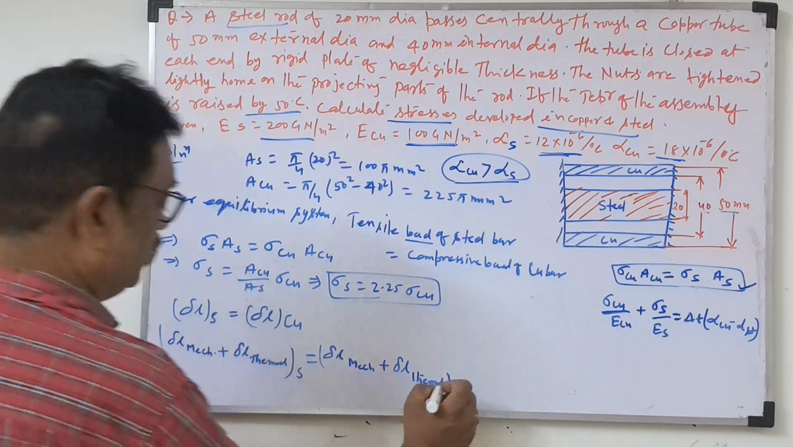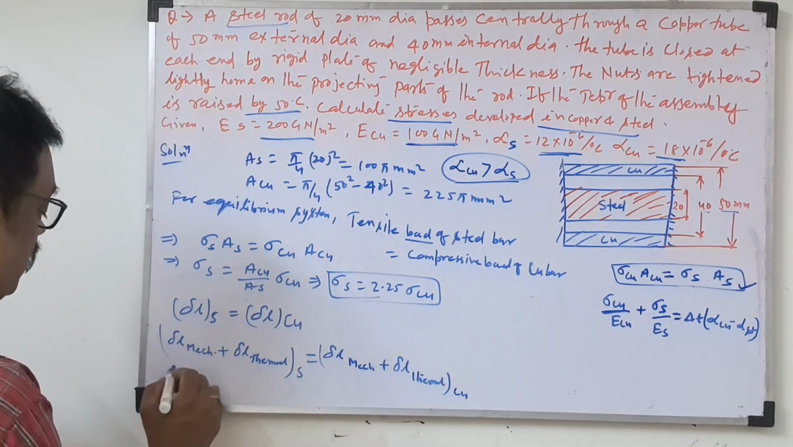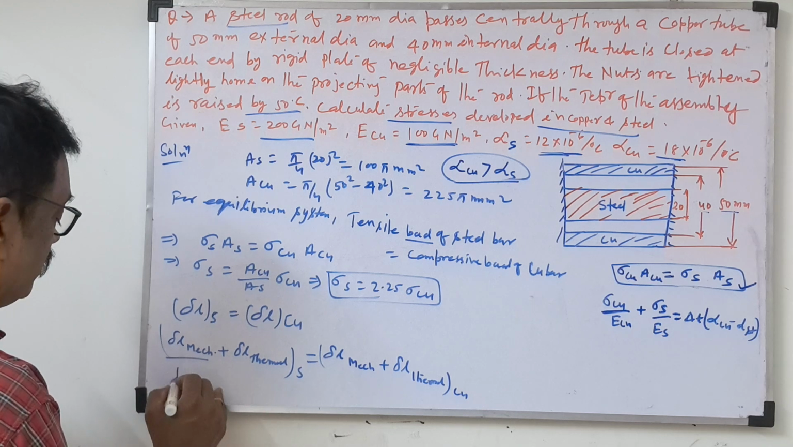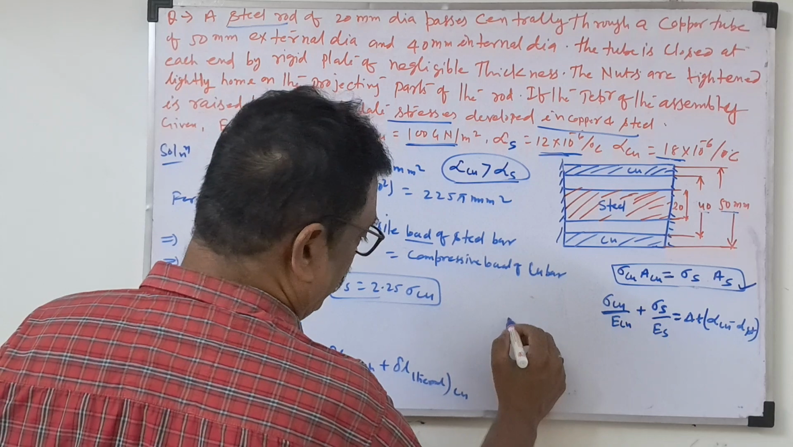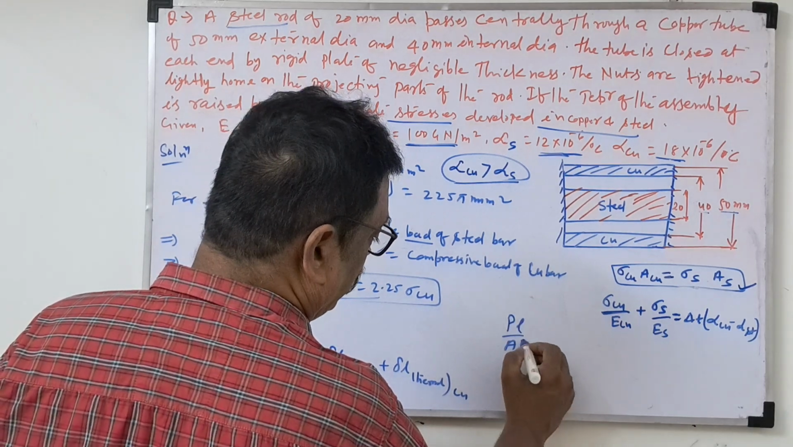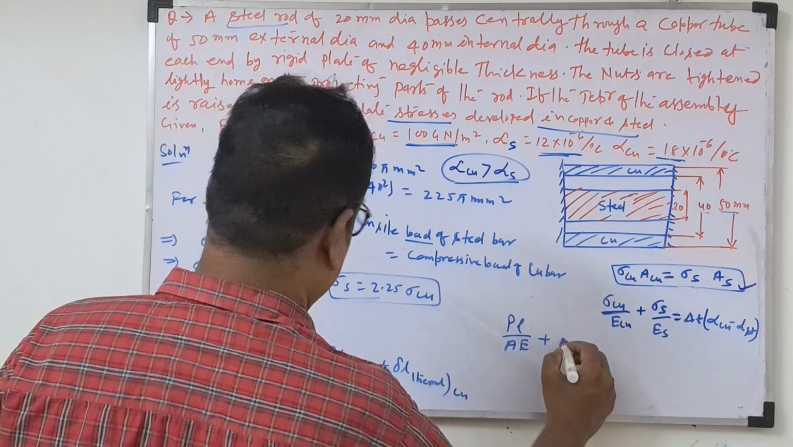One step I am writing here, this is for copper. This is how this formula is coming. The mechanical elongation is PL by AE, so I will directly write PL by AE. Mechanical elongation, and thermal elongation will be there